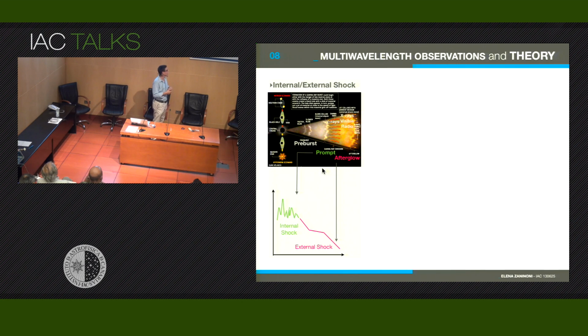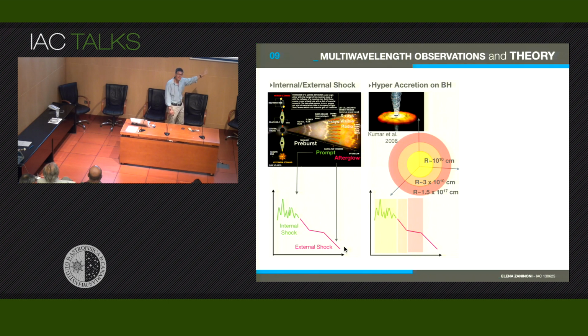Then the jet propagates into the external medium, and then we have the afterglow. The afterglow means that we observe the X-ray, the visible, and the radio emission. And this is, for example, in this part of this light curve. And we have also some models that are